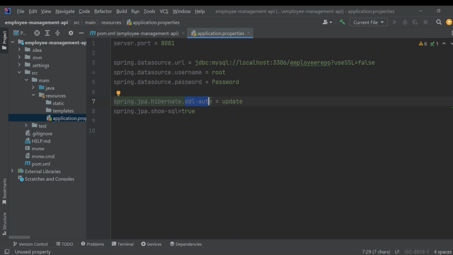When set to update, Hibernate will automatically update the database schema to match your entity classes whenever changes are detected. This is incredibly convenient during development but should be used carefully in production environment. Finally, we have